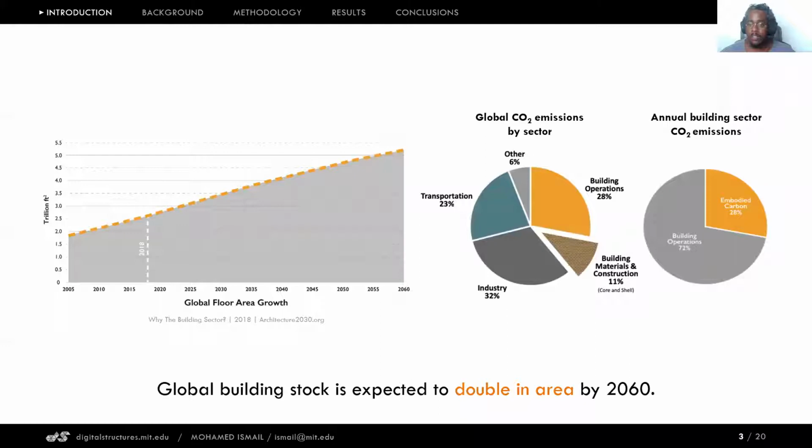This makes us especially aware of the greenhouse gases that are associated with construction. As we all probably know, about 40% of the global emissions are due to building construction operations. And while operations of buildings, lighting, heating, cooling are becoming more and more efficient, we're still doing very little to deal with the 30% of building associated emissions just due to the embodied cost of materials, manufacturing, transportation, and construction. And so really a lot of this work is motivated by the desire to deal with that untapped 30% of